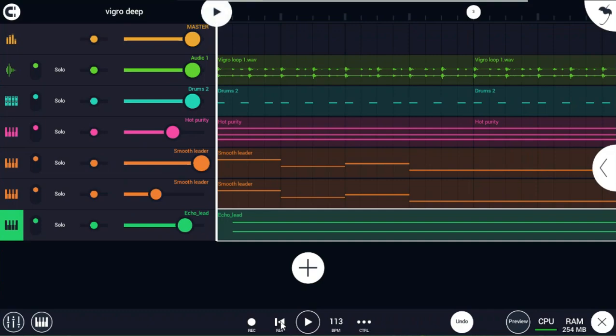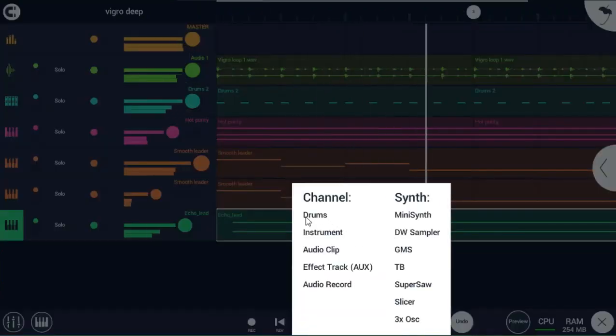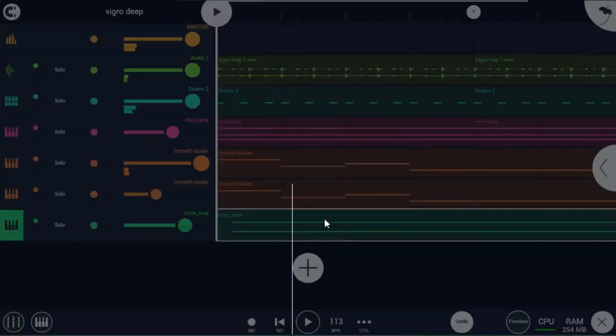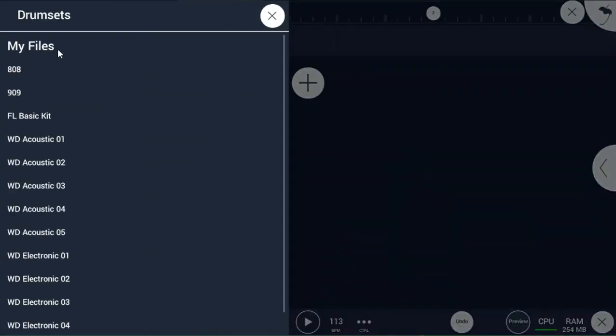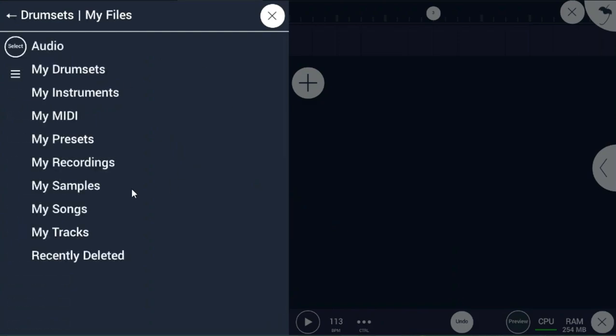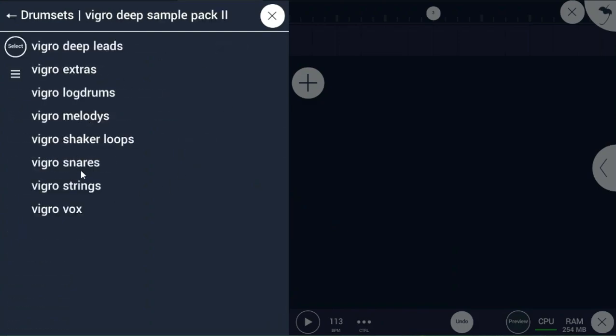So what I'm gonna do is that we're gonna go in and add in more instruments. The instrument I want to add this time is a nice Vigro Deep snare. So let's go ahead and do that by pressing the plus button, going to drums this time since we're going to be adding a snare. And then once we're done going to drums, we're going to go to my files, my samples, Vigro Deep sample pack,